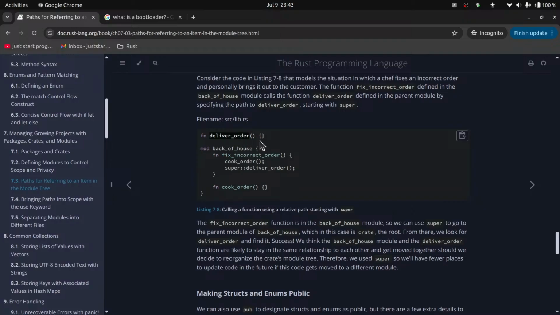Okay, so deliver order is actually within the scope. What if deliver order would be in another submodule? So if you do a super deliver order, then this one will break. So what's the